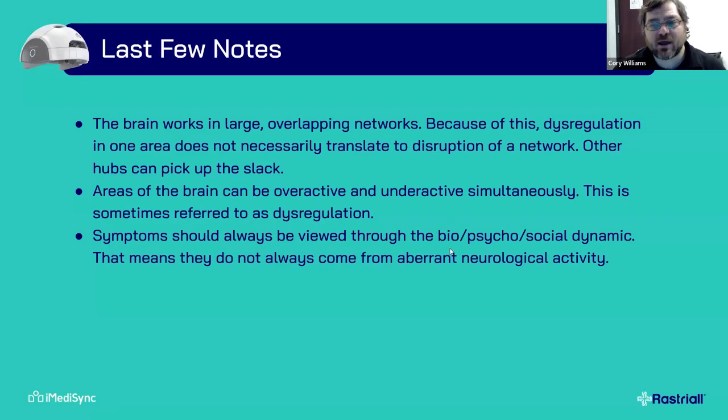And then the other piece here, and Shari, with your background in therapy, I'm sure you can speak more to this, but I always try to explain things through the biopsychosocial model, right? That means that biology, what your brain does, plays a really important role in how you feel, but also your psychology, what your mind is doing, how you think about things, your skills, your strategies, that plays a big role. And then also what's happening around you plays a role in how you feel, right? None of us are immune to the environment around us. And so when we look at someone's EEG, we get to talk about what the biology looks like